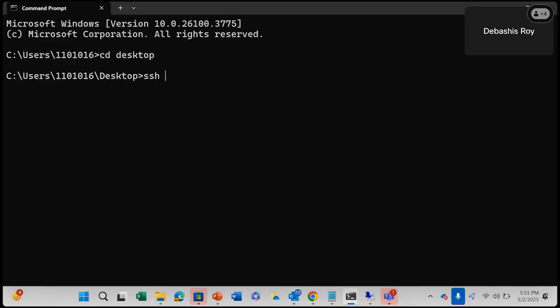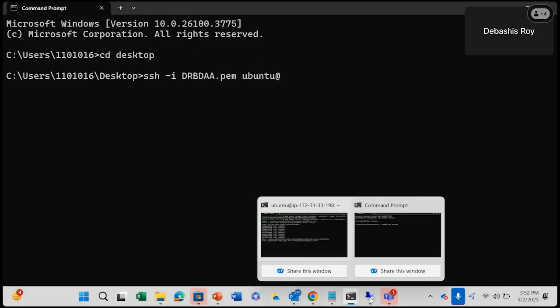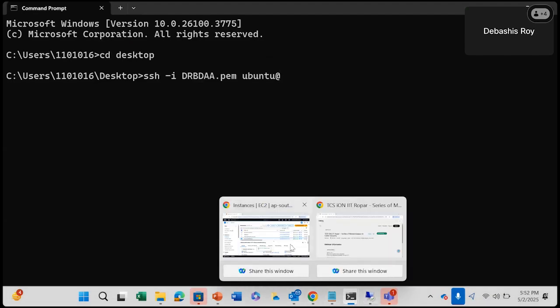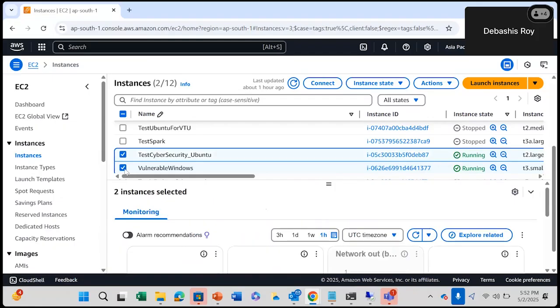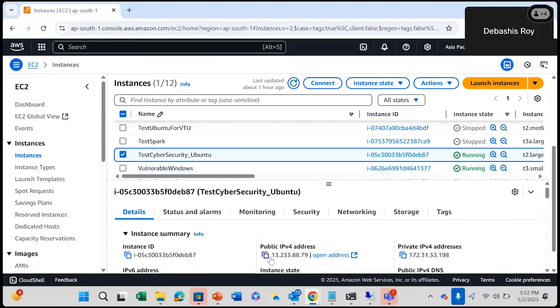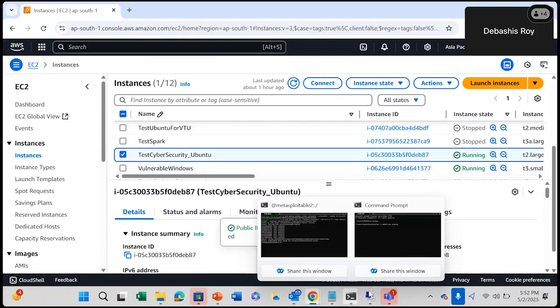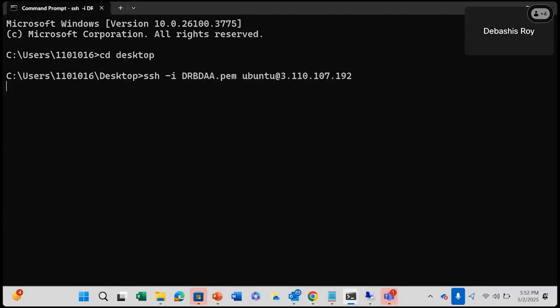So SSH -i, I'm using Ubuntu@ and the IP address of the system that I'm trying to find out. So this is the IP address.